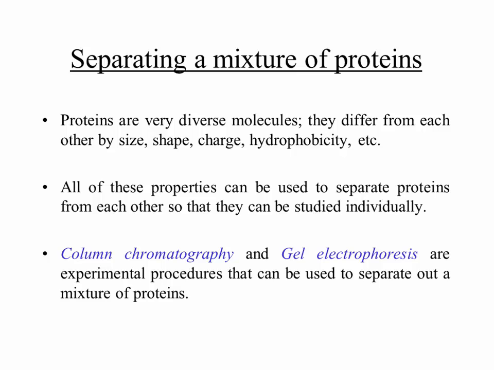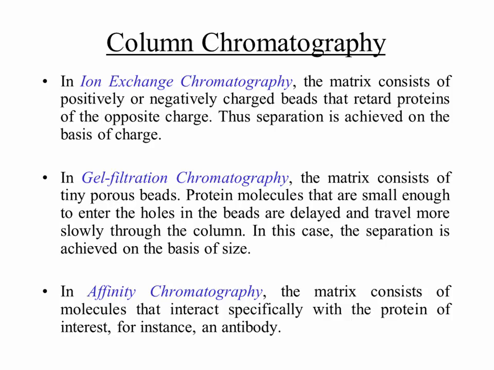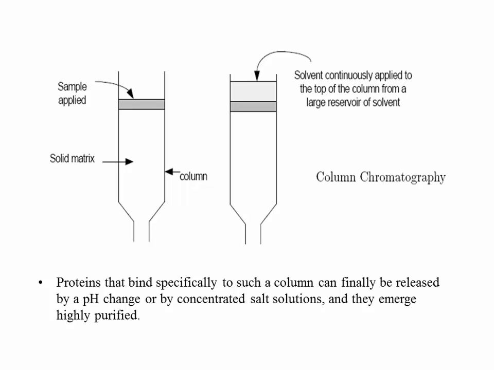So column chromatography is one of them, and the other one is gel electrophoresis. These are experimental procedures that can be used to separate out a mixture of proteins, right? And let's see how they work. So in column chromatography, what you're going to have, and I'll go back to the textual stuff a little bit later,